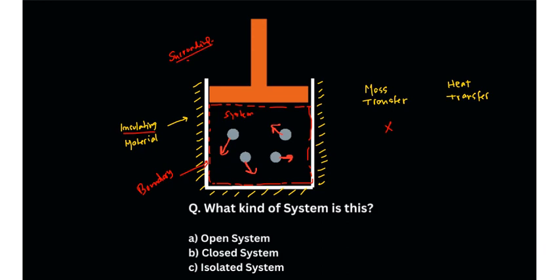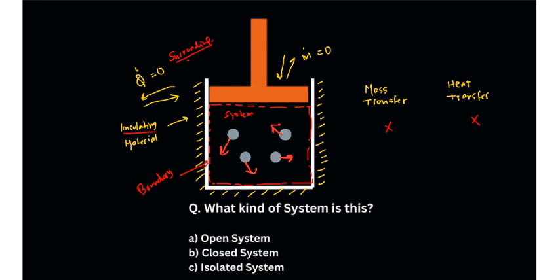Now, since I have applied the insulating material, can you tell me, is heat transfer possible? Can any heat go inside or any heat come outside? No. Can mass go in or come out? No. It means that mass transfer is not possible, heat transfer is also not possible. But wait,